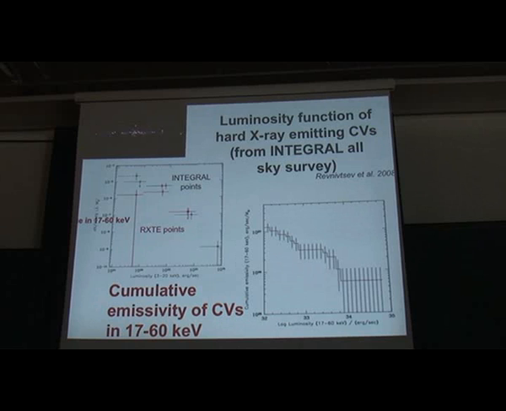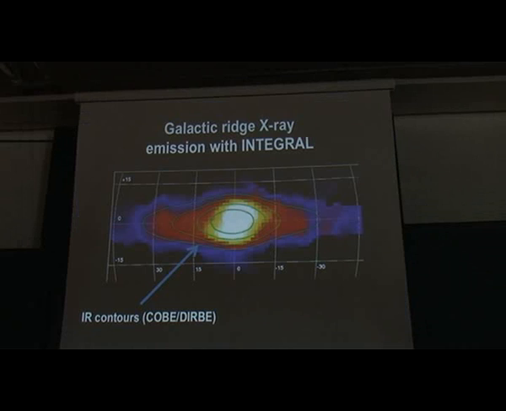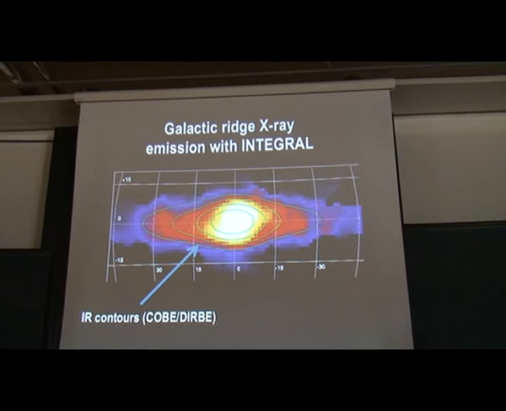And we have done this, and we constructed the luminosity function of CVs with INTEGRAL, black points, and with RXTE, red points. And we obtained some numbers, and we can also estimate the cumulative emissivity of these CVs in this high energy band. And I don't know, have you heard about the galactic ridge X-ray emission or not? I will tell you in 2 minutes that